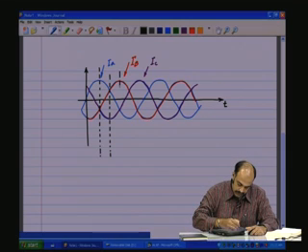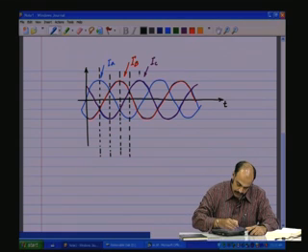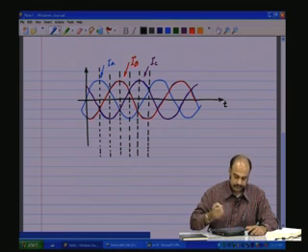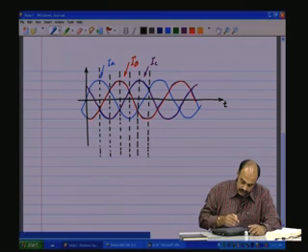Now let us take these, and this is also another point of interest, and let us and so on. Okay, every 60 degrees. Now let us say when I take a section at that point,